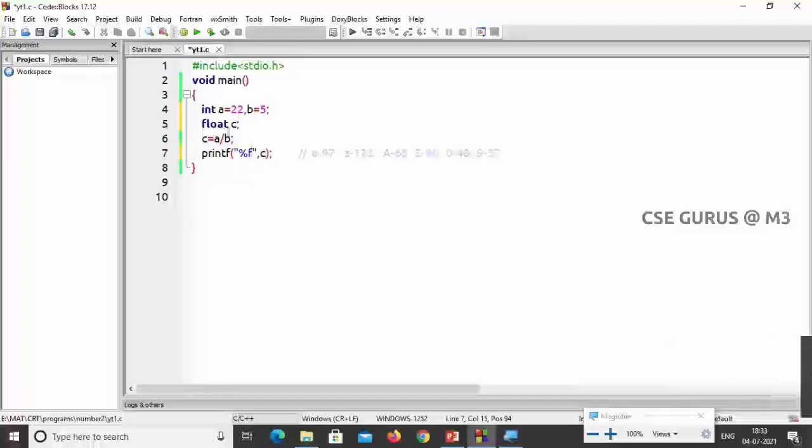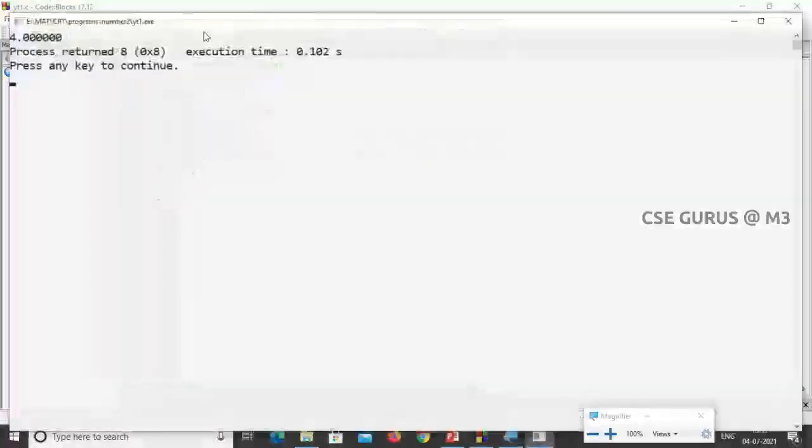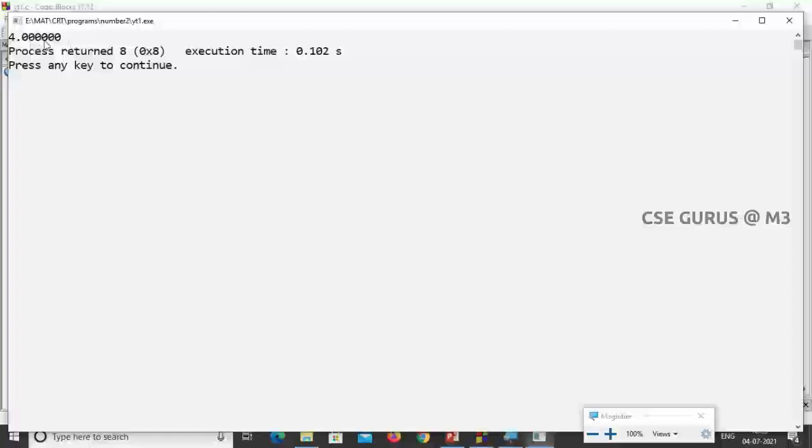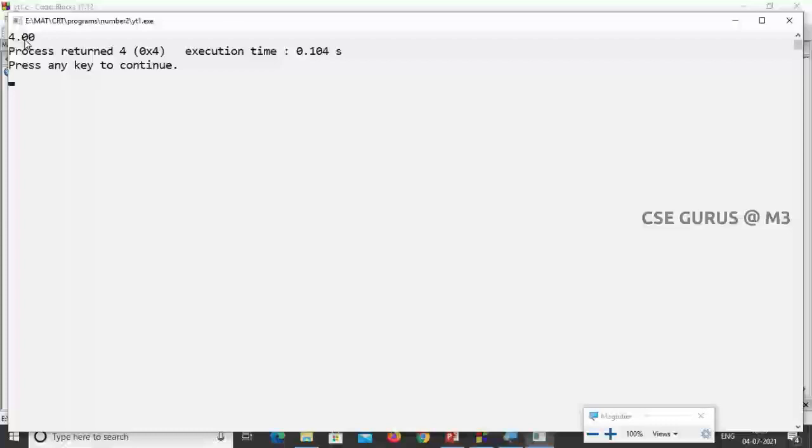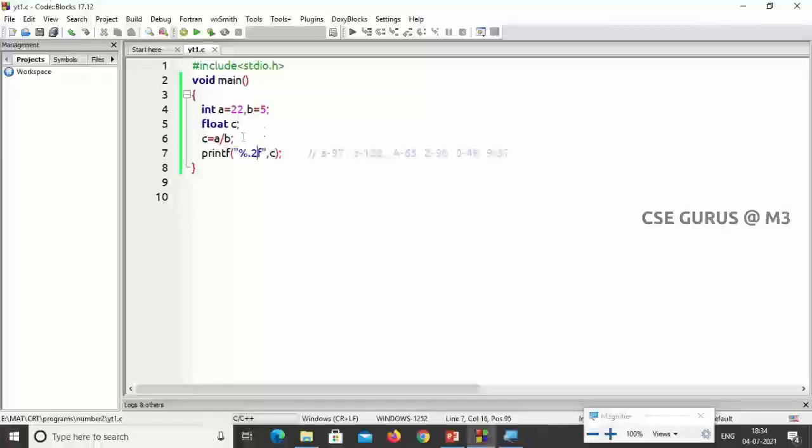Now you can see whether we'll get 4.4. Yeah, okay, it's not 4.4, it is 4 followed by 6 zeros, right? Anyway, percentile F writes those many zeros. If I want only 2 or 3 zeros, if I want 2 zeros, I have to put 0.2 F, so that I'll get only 2 zeros, right? 4.00. But I need to get 4.4, so where did the logic go wrong? You can observe here,